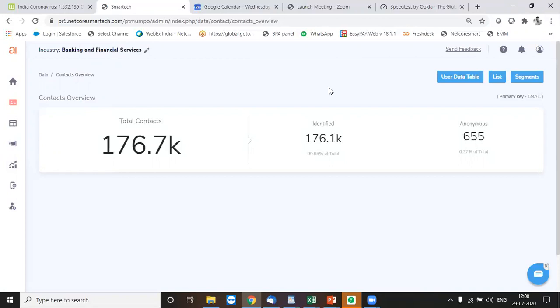So when I say identified, what do I mean? As you can see, there's a small piece of information given over here, which is primary key information. Now, a primary key is nothing but a unique contact identifier.